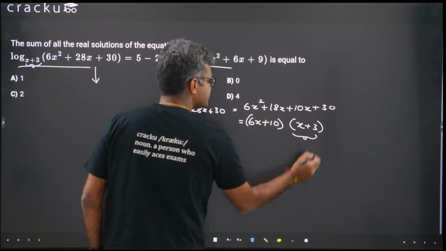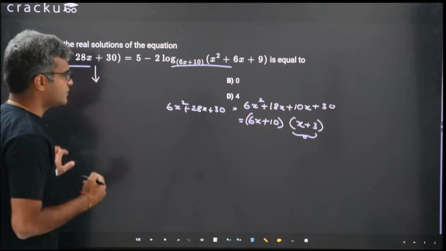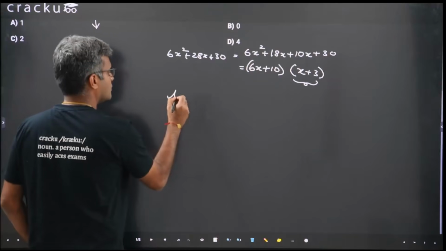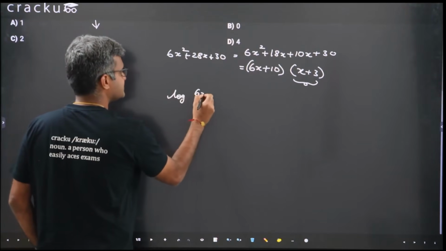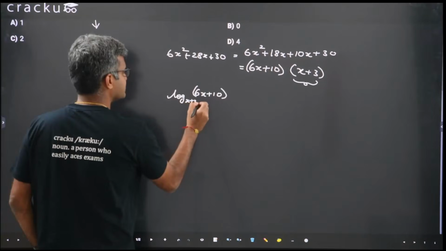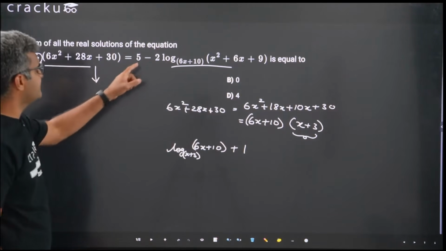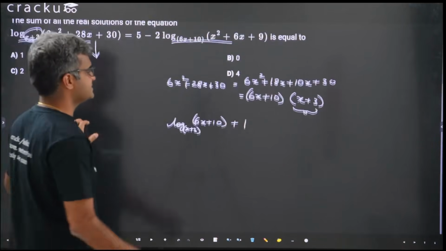Now this is basically the base of the given logarithm. So the given logarithm can be simplified to equal log of 6x plus 10 to the base x plus 3 plus 1. And then we have, this is the left hand side and the right hand side is